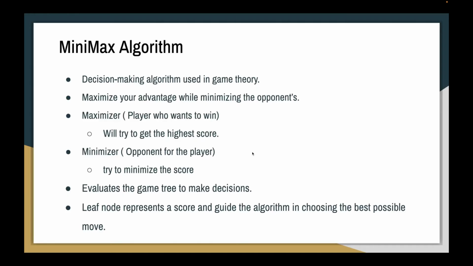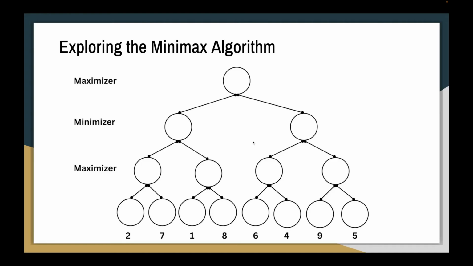For example, in a chess game, the score will be calculated by considering the number of pieces available, the position of a king, the number of steps to reach the goal node, and etc. Whatever you want, you can consider. The win is scored positively, a loss negatively, and a draw is neutral. These scores guide the algorithm in choosing the best possible move.